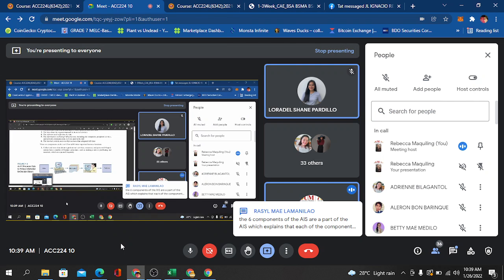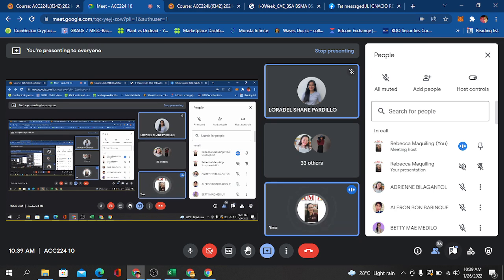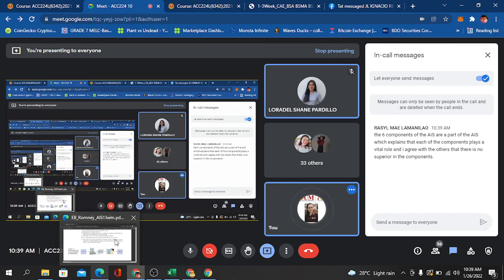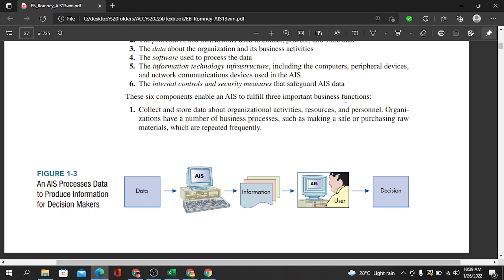Meron pang nag-raise hand. Manila. Tingnan natin ang answer nila Manila. Yes. Yeah, they have a role. Each have a role. Okay, so walang superiority. Okay, kasi kung wala talaga yung mga ganitong components, so siguro mag-malfunction ang system, no? So, tingnan natin. So, the data must be good data. No? Pa-process ng system kasi garbage in, garbage out yan, no? So, dapat yung data natin possess all the good characteristics of the data. Na i-process yan kasi ng system information.